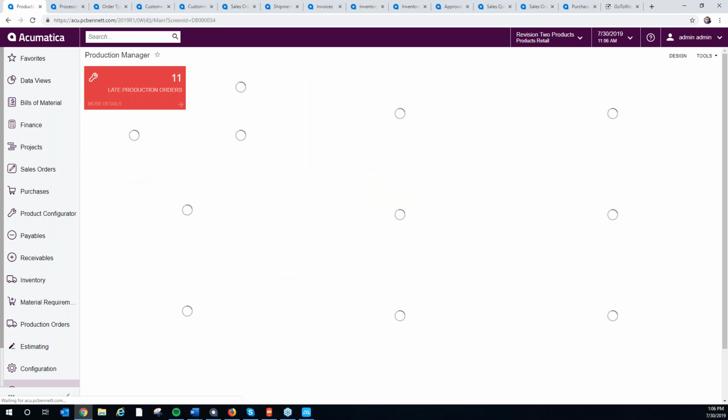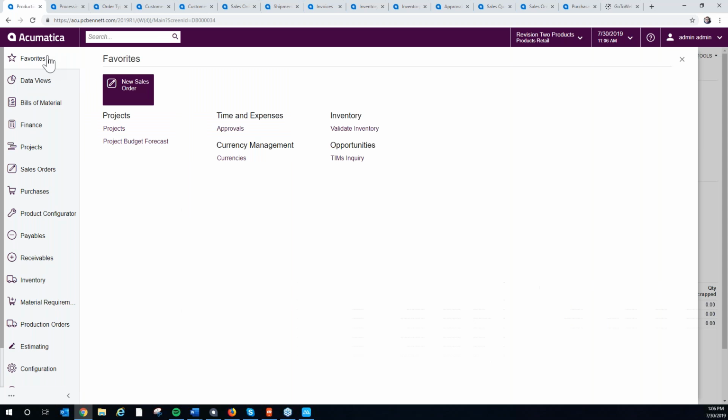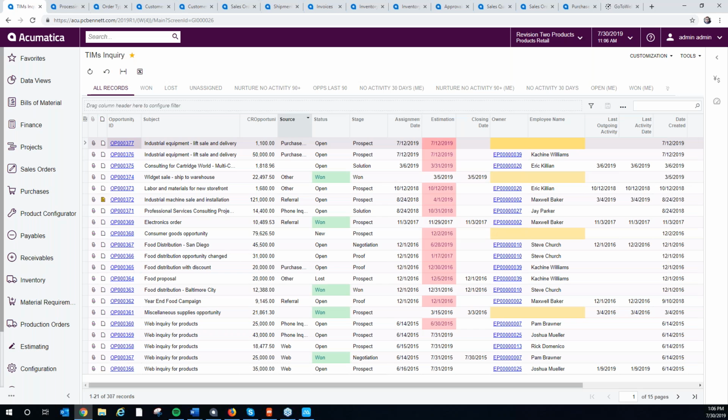So, going on, the other feature is color coding in generic inquiries. Almost every one of you is aware of what generic inquiries are, but Acumatica has gone a level above and come up with visual cues for you to set fields and columns that make sense to you. So I am in an inquiry which Tim O'Sullivan created. Basically it is all of the opportunities,